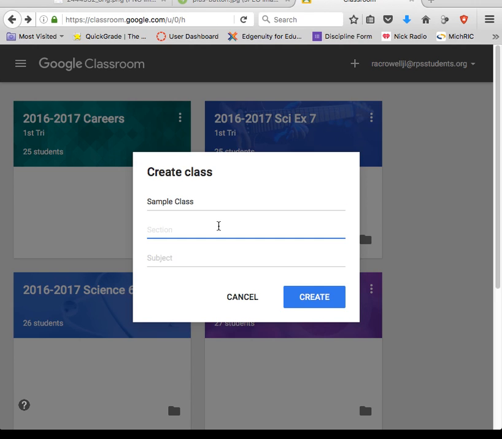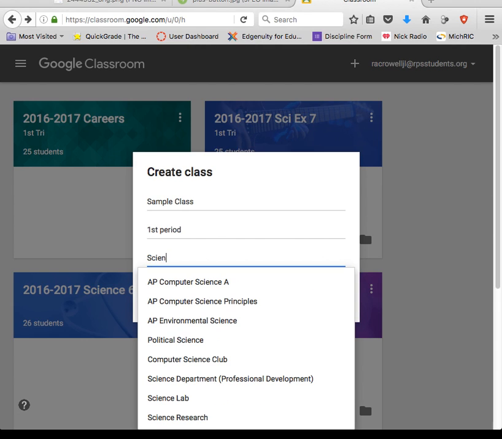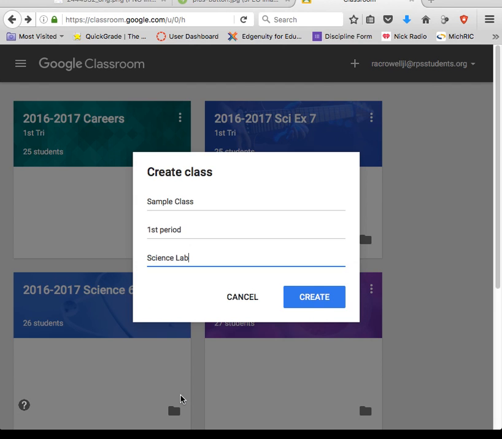You want to have a section, and I always recommend that even if you teach the same course and through different periods, that you have one actual class created for each section. So we can call this first period, and then you can put in what subject matter that you are actually going to be teaching. Notice here that once you start typing in, it'll give you some sample classes that you can use. Once you're happy with this information, go ahead and hit create,